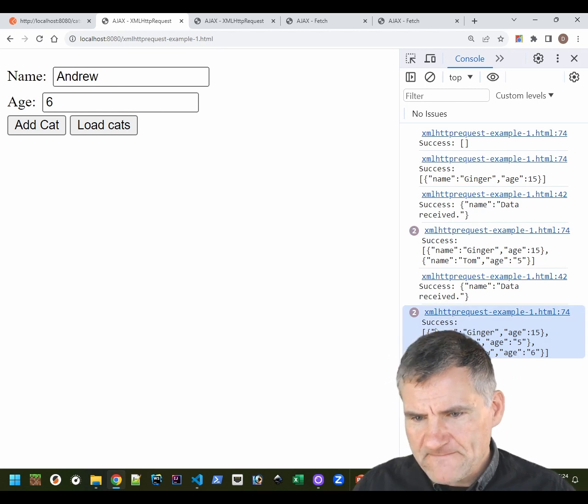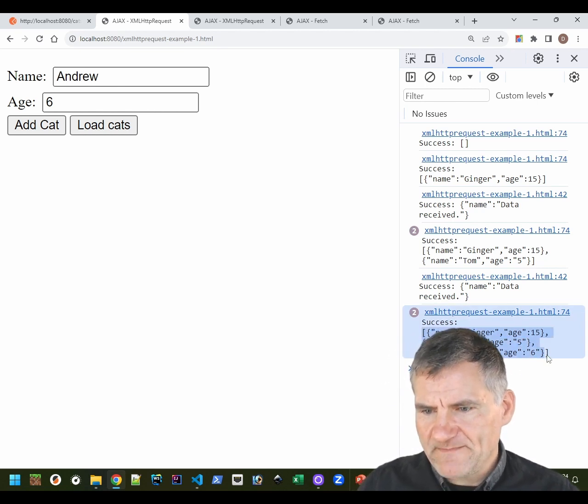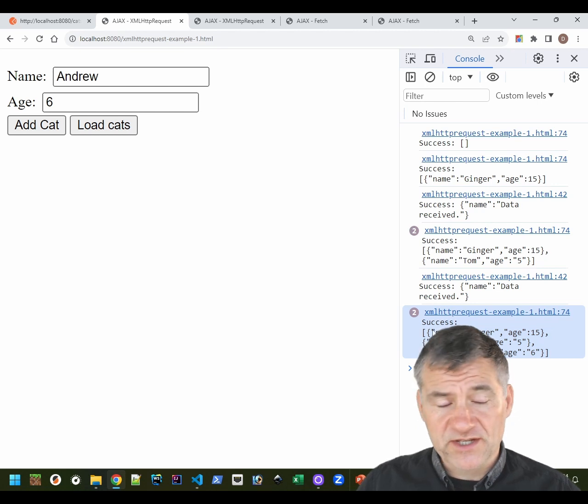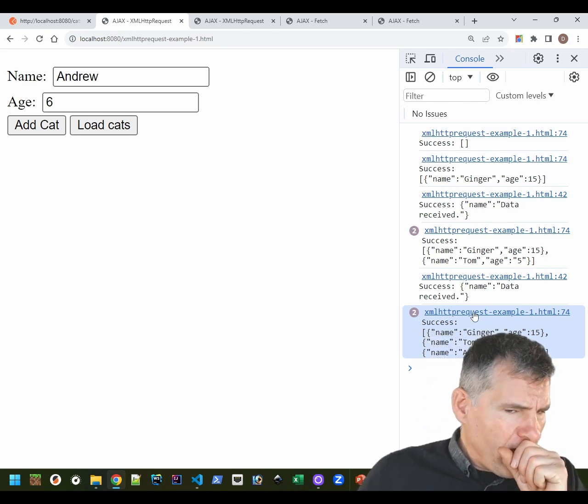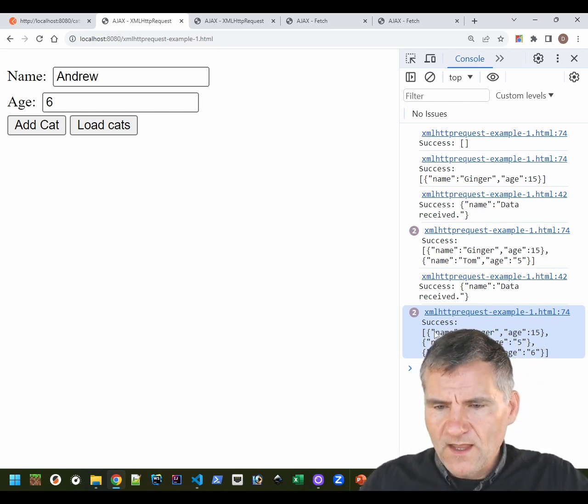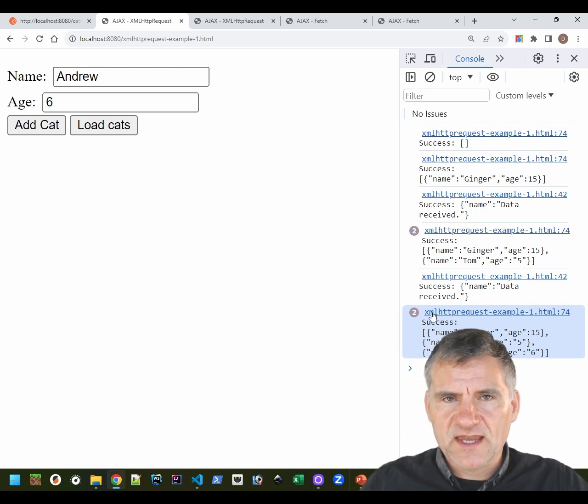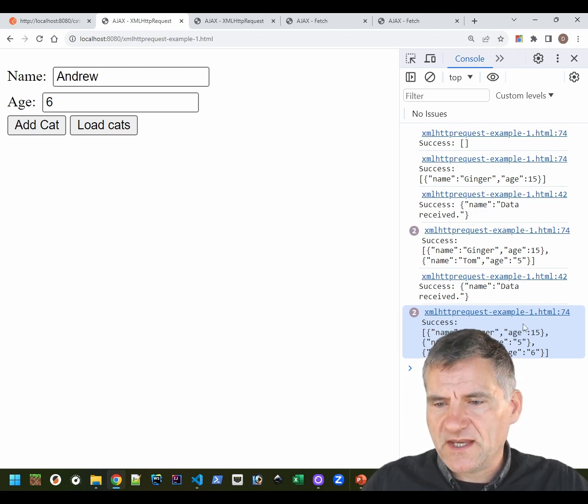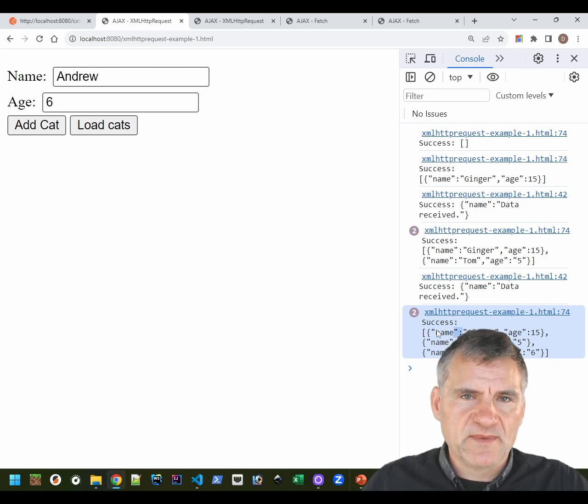So you can see here, this is basically a string. We have a JSON string in this case. Each of the keys within each of these cat objects has quotation marks around it, and that means it's a JSON string rather than a JavaScript object. So when I'm logging it out on the console,